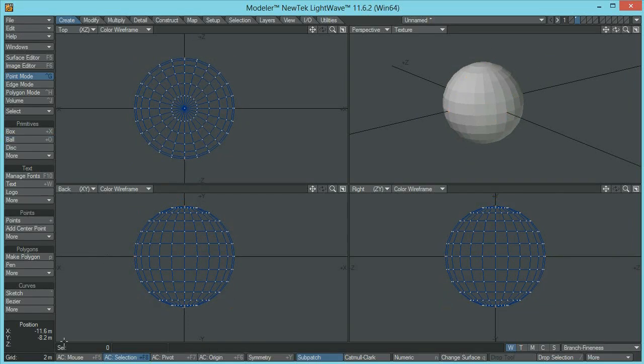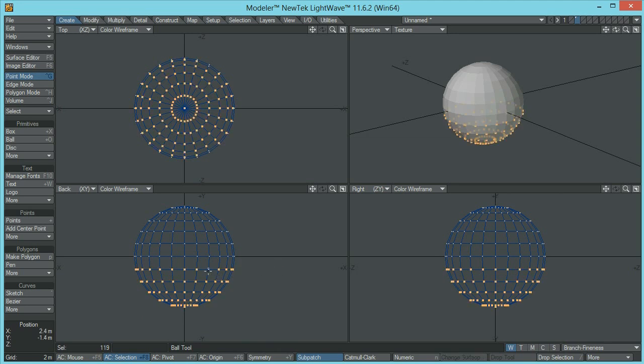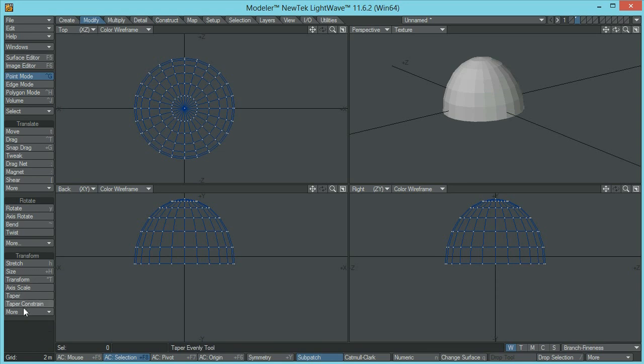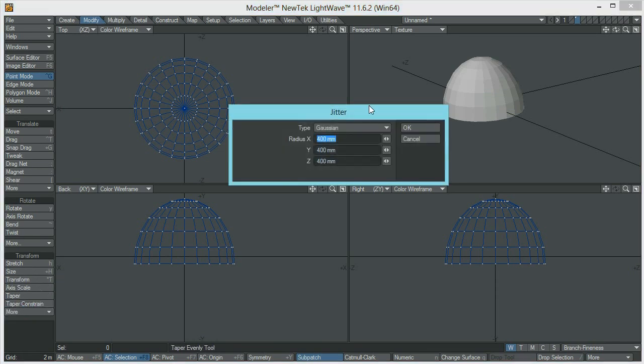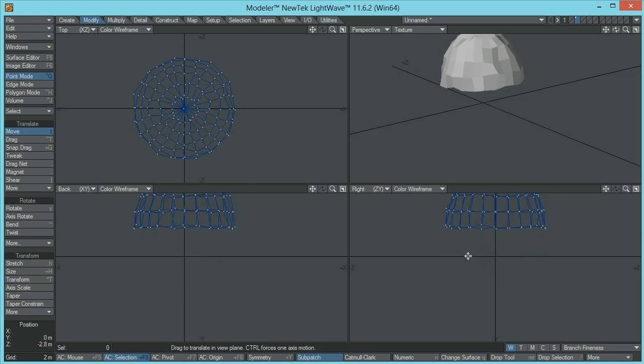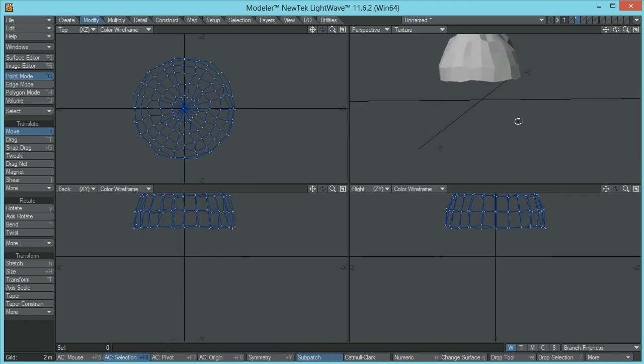Let's make sure we get rid of the lower part of the sphere by selecting the points and deleting them. Okay, I'm going to tweak this a little bit more, and I want to add some jitter to this point. So let's go to the modify type, transform, and let's add 400 millimeters jitter. And now we can pull this up so it's not in contact with the